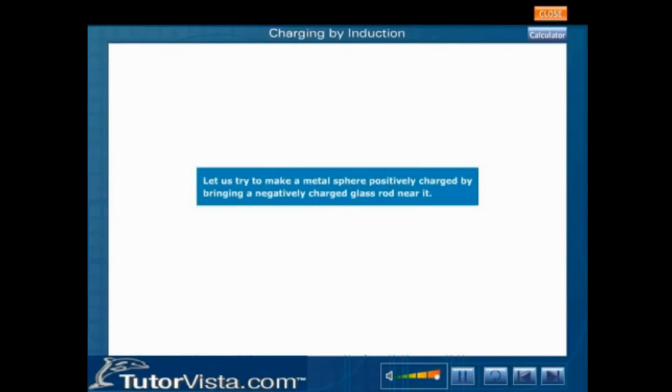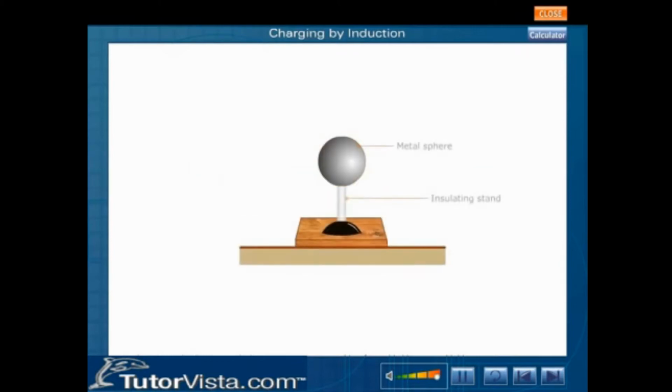Let us try to make a metal sphere positively charged by bringing a negatively charged glass rod near it. The metal sphere, which is supported on an insulating stand, is initially neutral. Bring a negatively charged rod near it without touching the sphere. The free electrons in the metal sphere are repelled by the excess of electrons on the rod and they shift